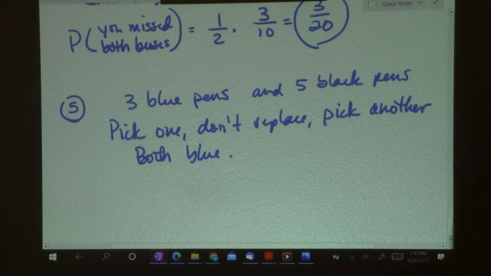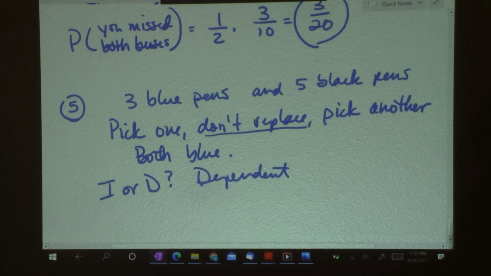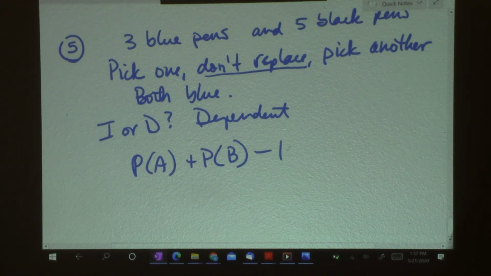Okay, so do I have independent or dependent? Well, this would be dependent because I'm not replacing it, right? So then I'm going to have P of A plus P of B, and I'm going to subtract B given A has already occurred. So I'm going to